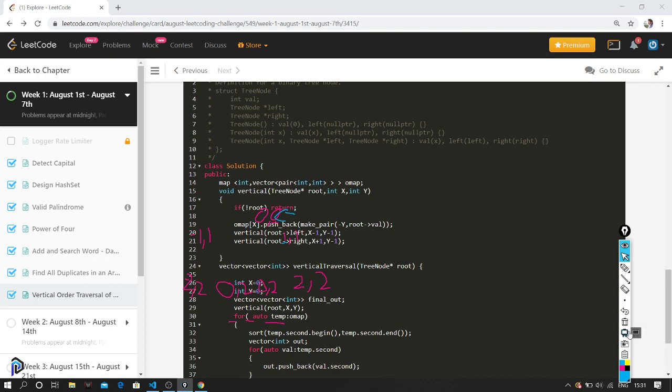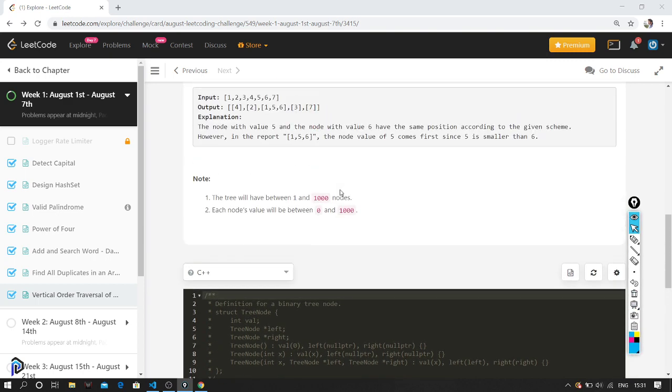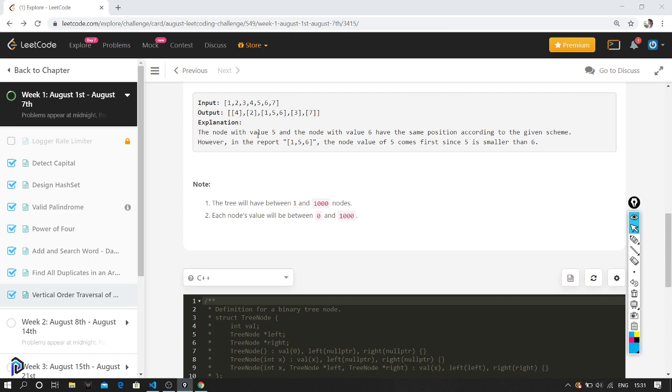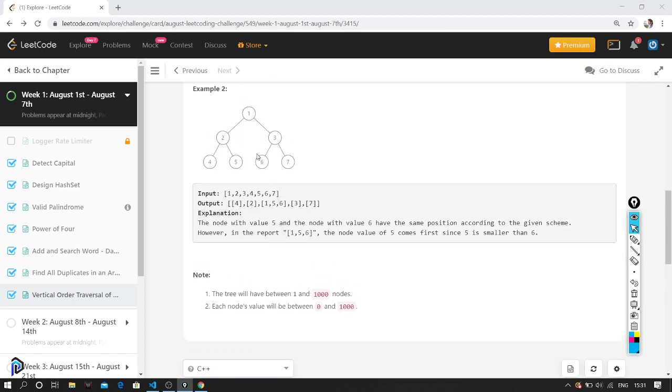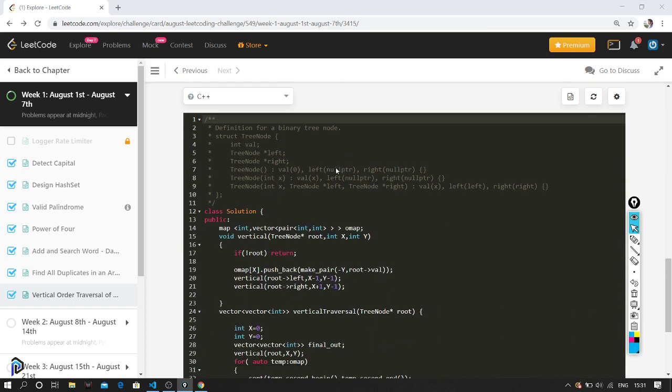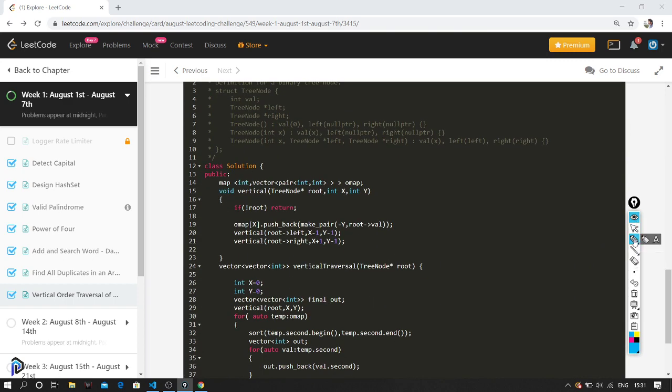Okay, I'll just clear this so that we start from the beginning. So the solution is this. I also provided the link to the solution. Now we'll start explaining, and we'll go with this example as well: 1, 2, 3, 4, 5, and 6. Initially the input is 1, the right is 2, the left is 3. And let's say 4 is to the right of 2 and 5 is to the left. Okay, so let's leave the other things. This would be more than enough for us to explain.